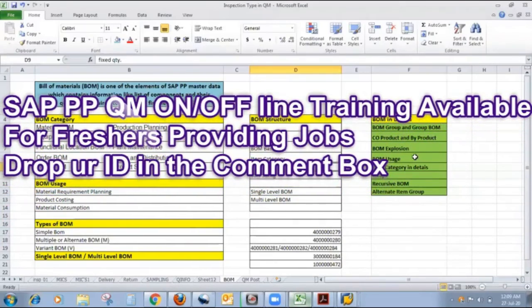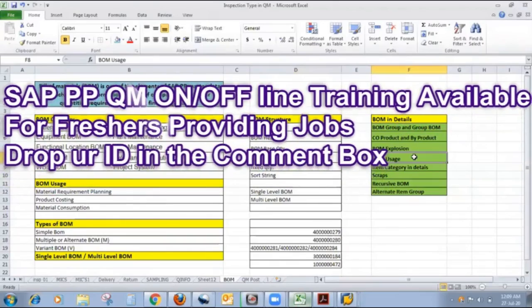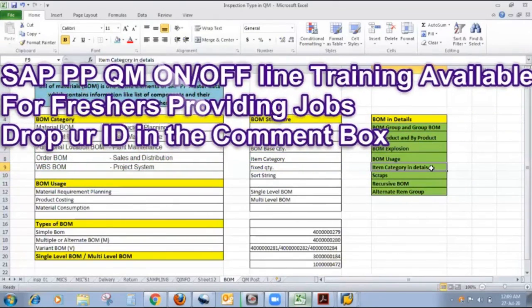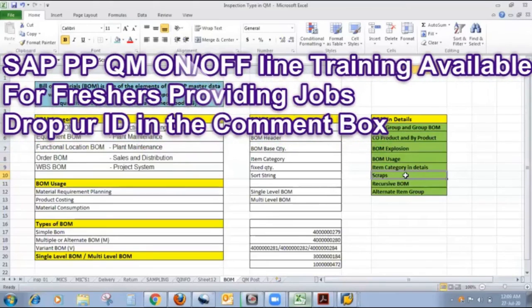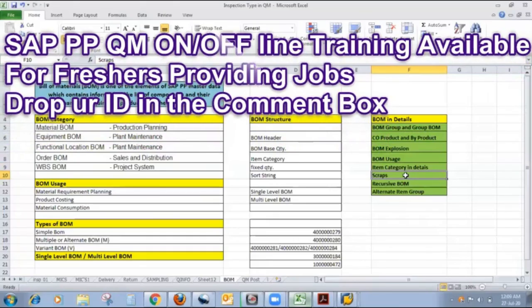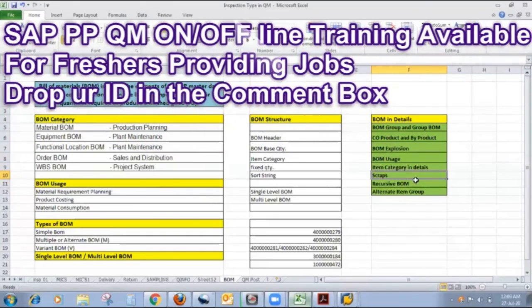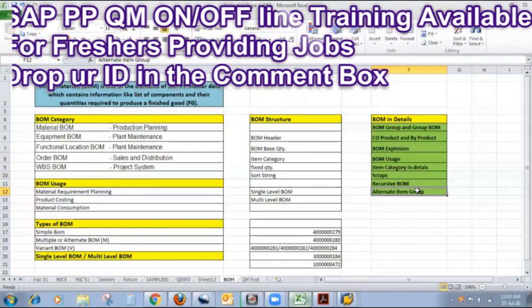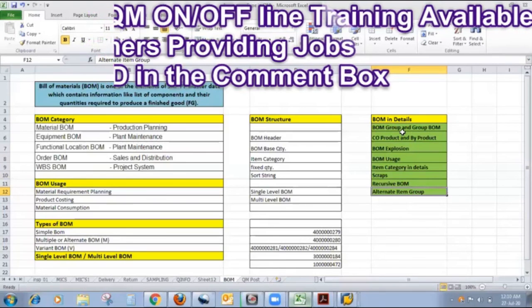This is nothing but BOM explosion. Different uses of BOM, item category in detail in BOM, then different scraps like assembly scrap, operation scrap, component scrap which are used in BOM, what is recursive BOM, what is alternative BOM. One of the important terms is phantom BOM. So all these details I will explain during the online session.